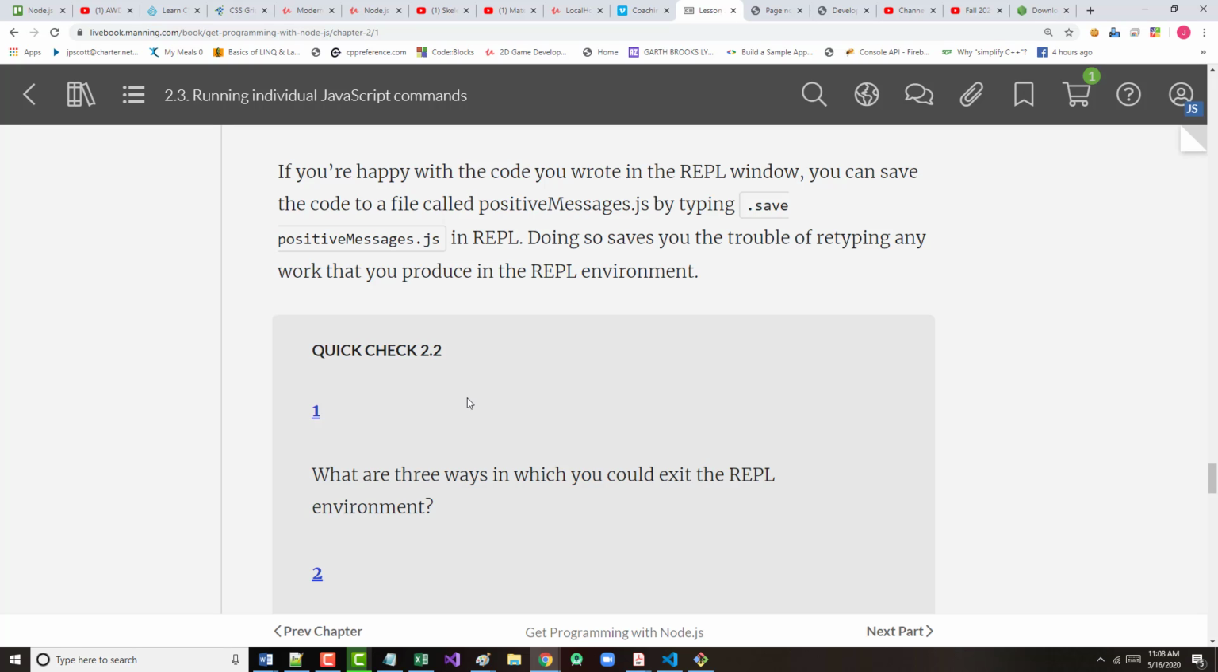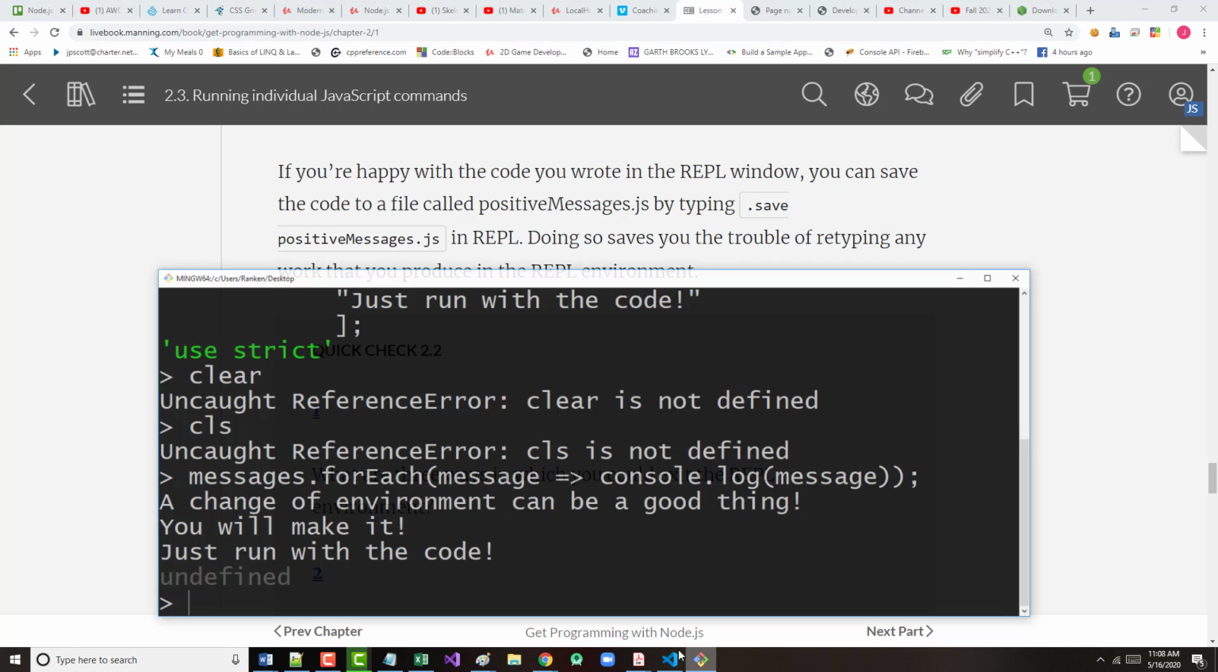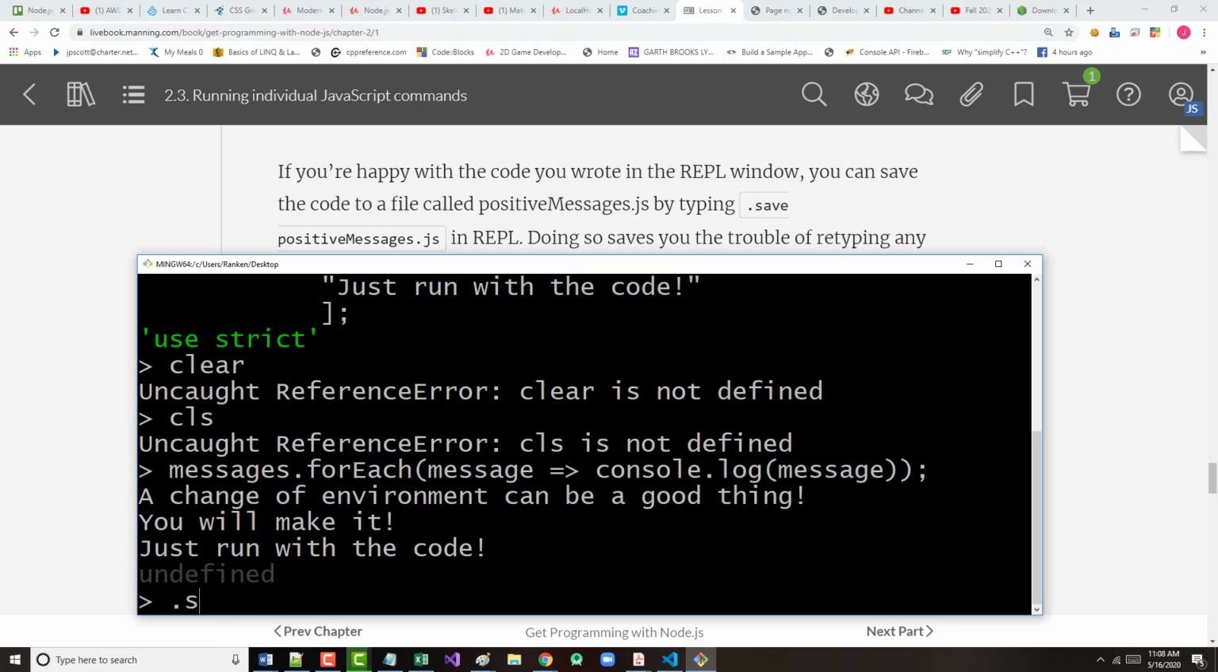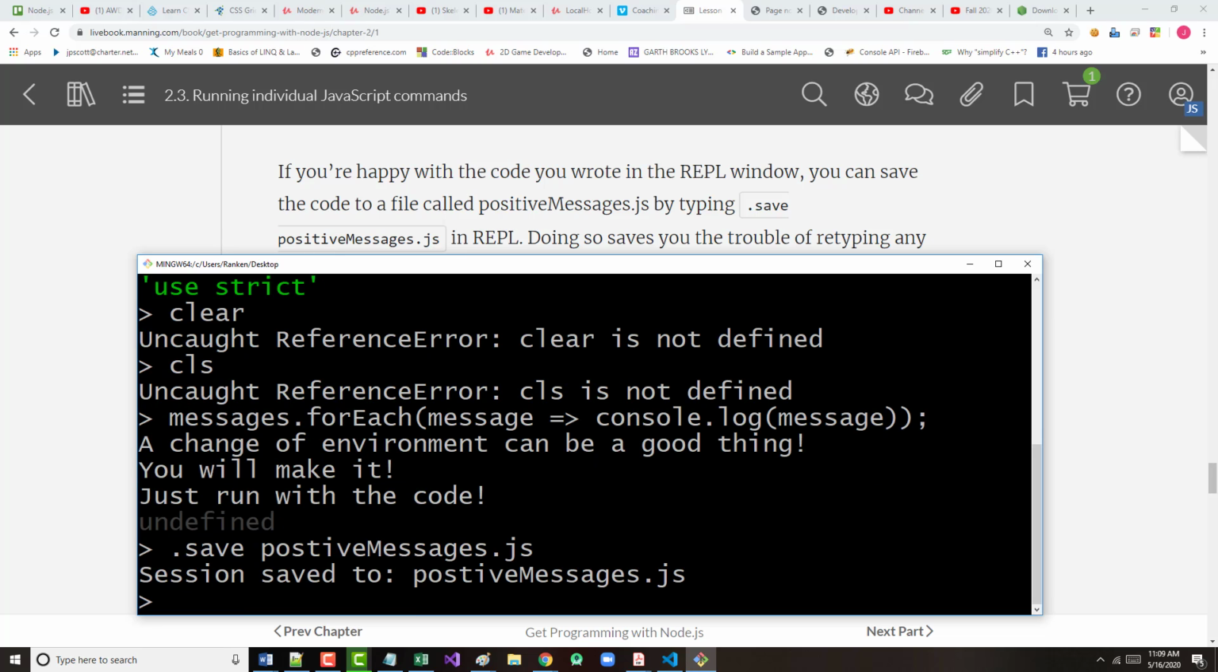And the author says here, if you're happy with the code you wrote in the REPL window, you can save the code to a file called positive messages by typing in .save positive messages. Doing so saves you the trouble of retyping what you put in there. So let's look. .save positive messages.js. Okay, said it was saved. So let's take a look,